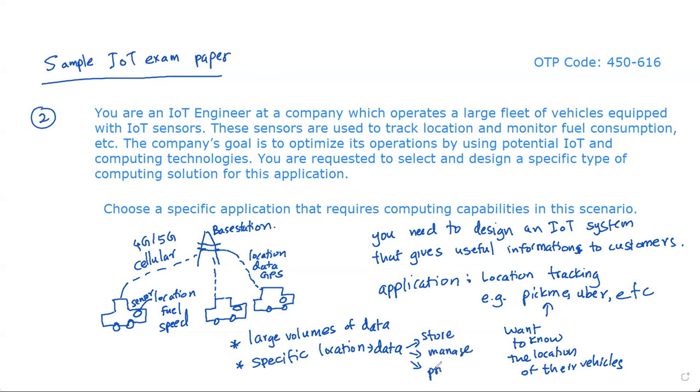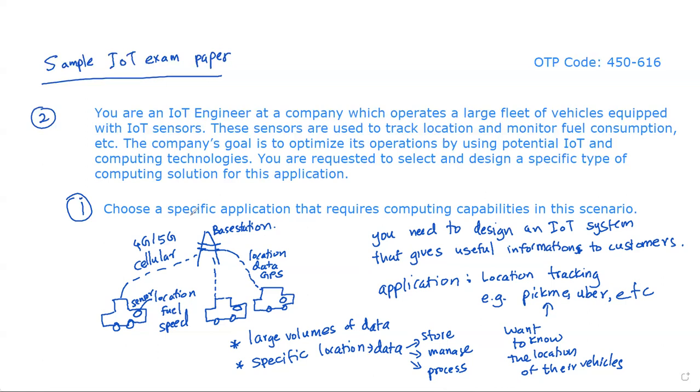We need to decide which location is the most suitable location to do this work, right? We need to decide at which location we need to keep the data stored, and where we are going to process the data. So based on our application, we need to decide the best type of computing that is suitable for our application, right? So anyway, as the first question,